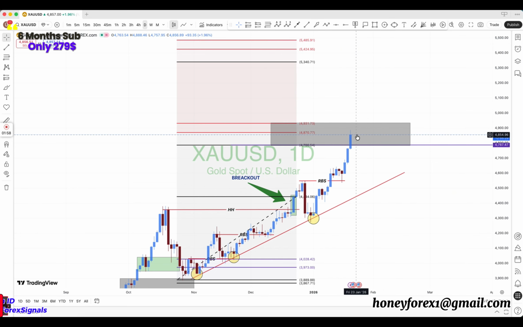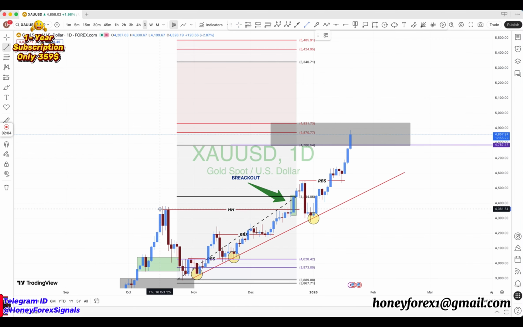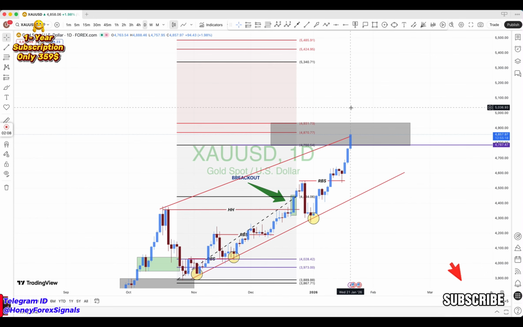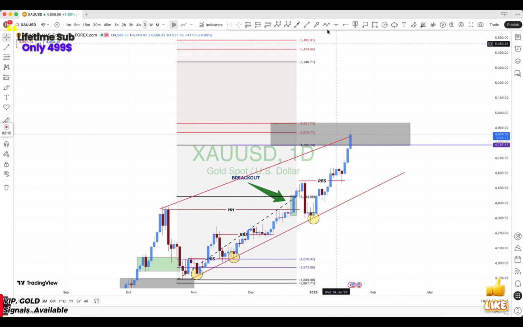So now we need confirmation for reversal, because this is a divergent of daily chart. So divergent telling us I am ready for selling, but confirmation. Sell here, this is a